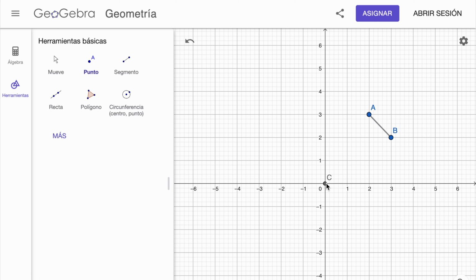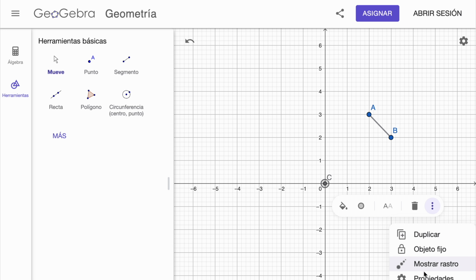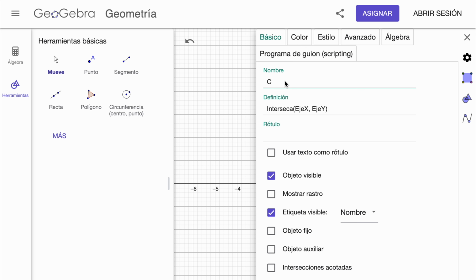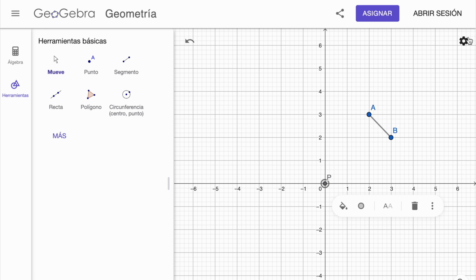So since books refer to this point as C, I'm going to go to the move arrow here to select my point, and then you have these options. If you click here on the three points, properties, here you can change the name of the point. So instead of C I'm going to use P, so it matches the name of the point that is used in books. Okay, and then we need